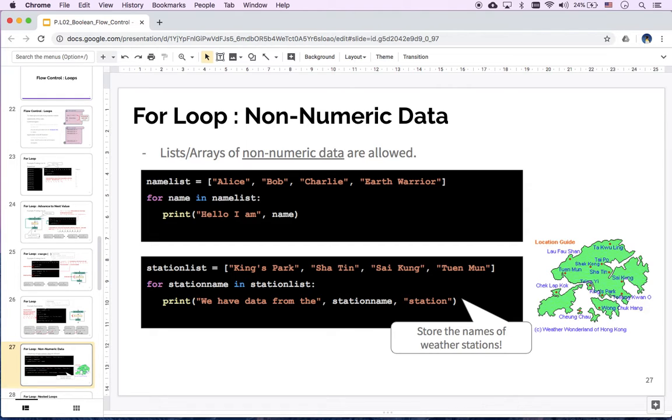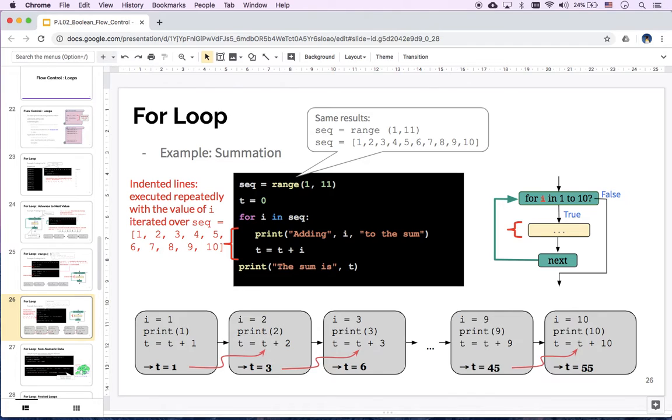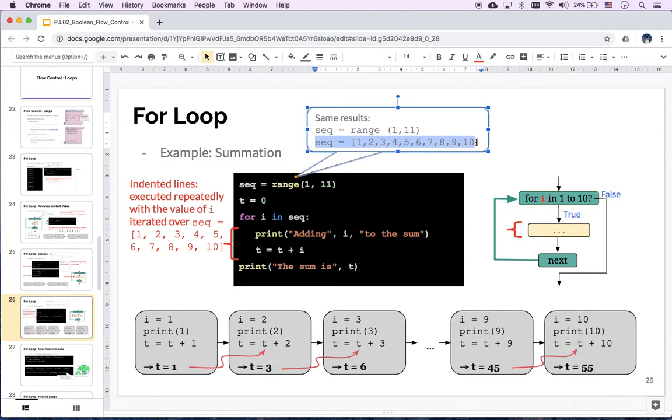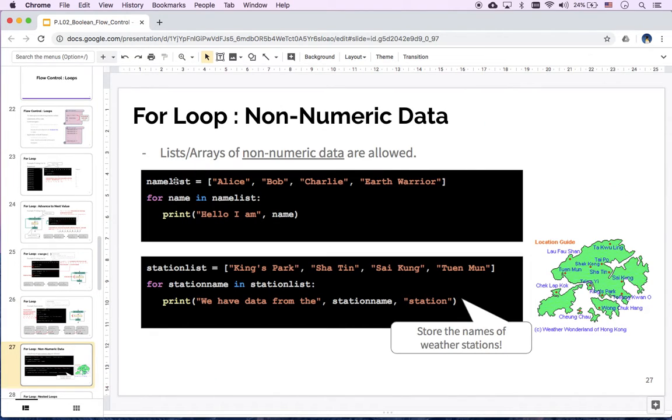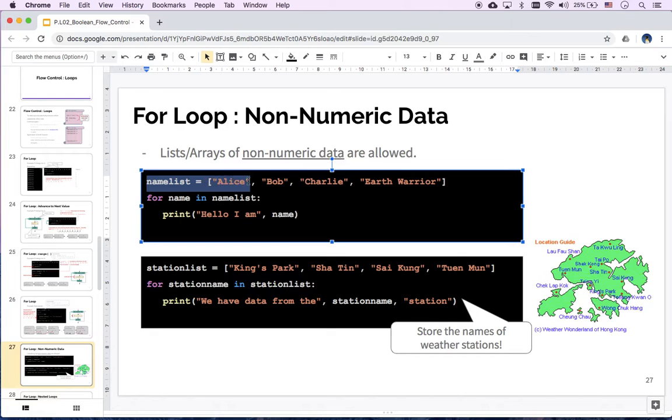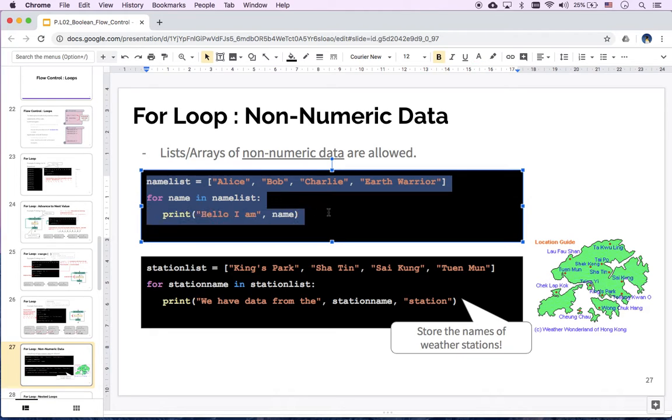So we have made use of what we call a list here. This is a list. We can store non-numeric data with a list. Like here, it is actually a list of strings. So Alice, Bob, Charlie, and Earth Warrior, these are names of people. Okay, so if we do this loop,